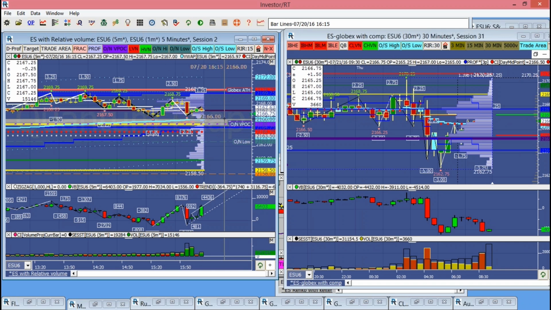So I'm going to be careful on the long side, but I don't want to get short below the 66.75 and run into this LVN and IB high and VWAP from yesterday and have the value area low from yesterday just below it. So I'm actually going to incorporate right from the 66 down to 64.75 as my trade area, and I want